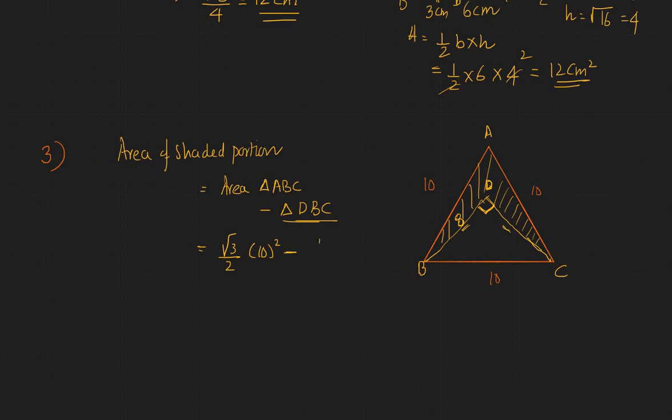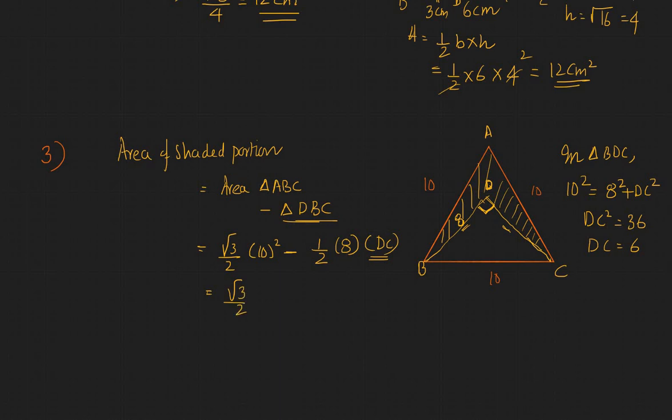So you can say this is equal to half of base, which is 8 centimeters, into height, which is DC. So we don't know what DC is. That you can find using Pythagoras theorem, right? In triangle BDC, 10 squared would be equal to 8 squared plus DC squared, or DC squared is 36, or DC equal to 6. So you can substitute that here as root 3 by 2 into 100